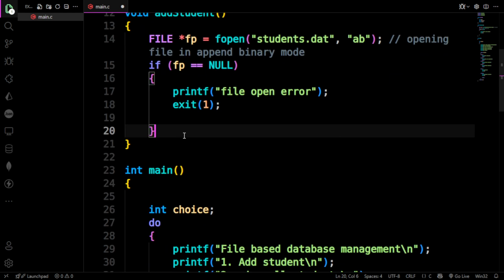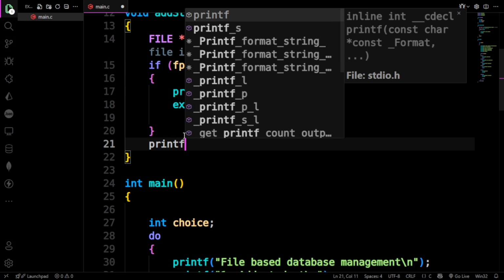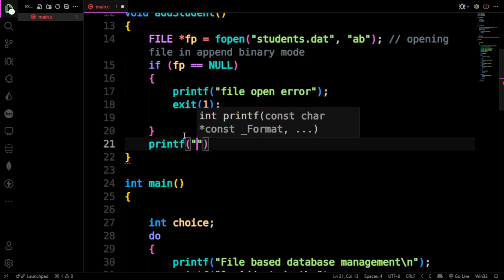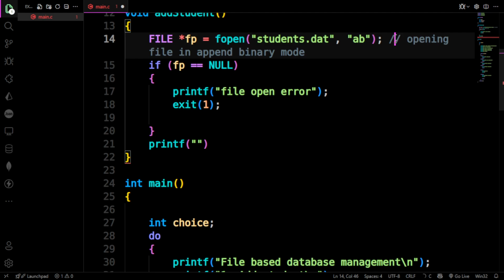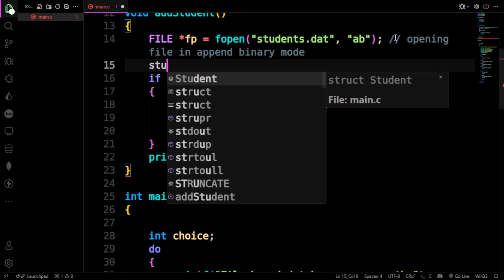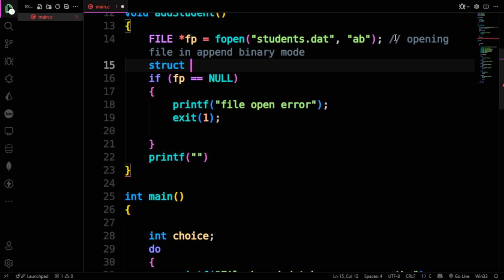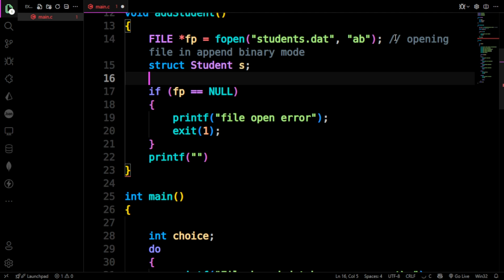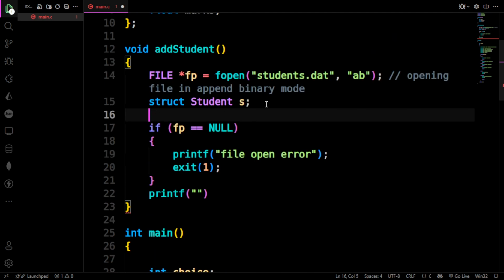And if we are not getting any error, then printf we are accepting all the fields that the student struct requires. Like first we have to create a struct student s,